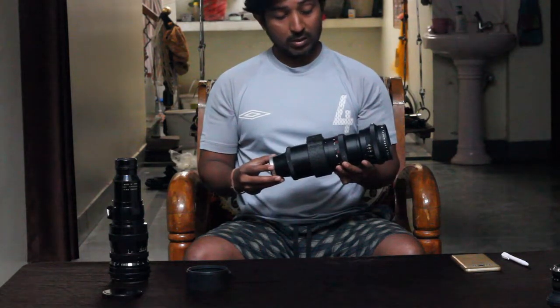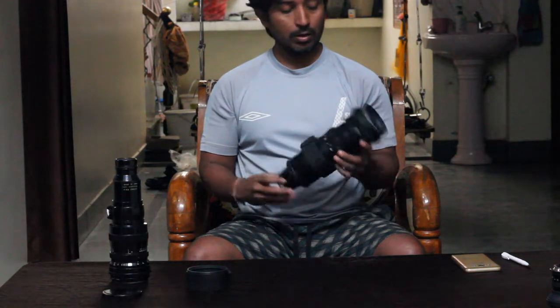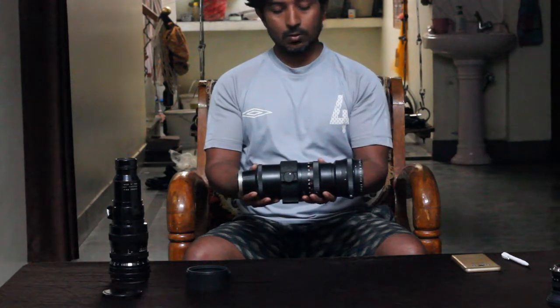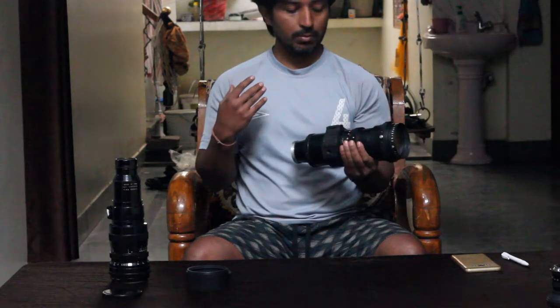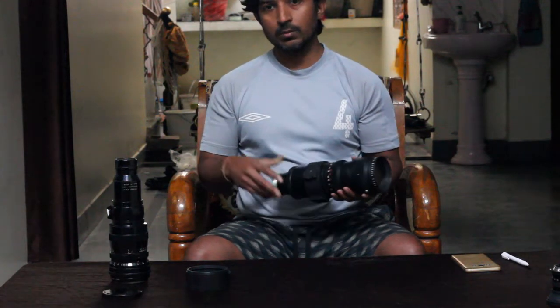And the build quality, it is a very heavy and sturdy lens. It looks like a barrel, as you can see it is quite a long lens and weighs around 2 kilograms. So if you are planning a vacation or some trip, it will be a heavy lens to carry. You have to have a lot of muscle to carry it for a long time. I tried it just to test it, and in 20 minutes, half an hour, your